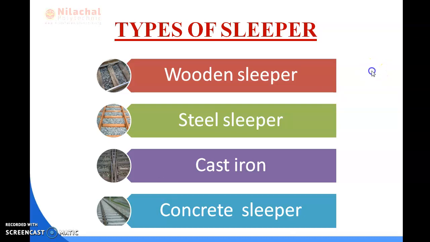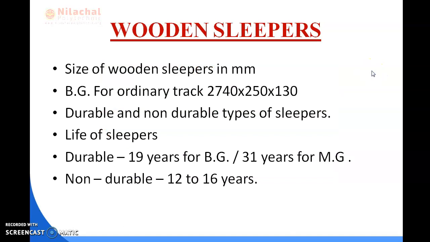Okay, so the first one is the wooden sleeper. The size of wooden sleepers is measured in mm, and for the broad gauge or for an ordinary track the dimension of the sleeper is 2740 by 250 by 130.